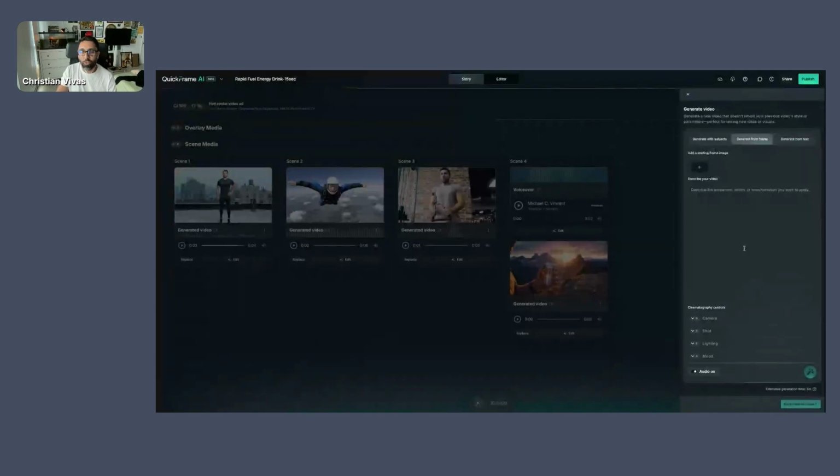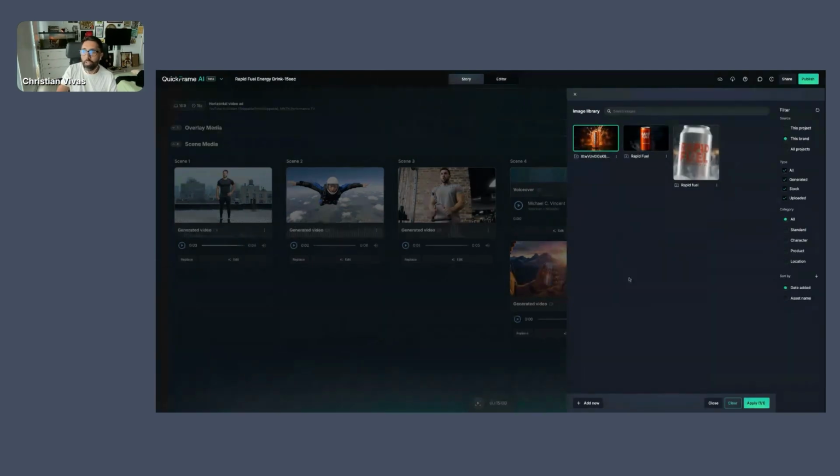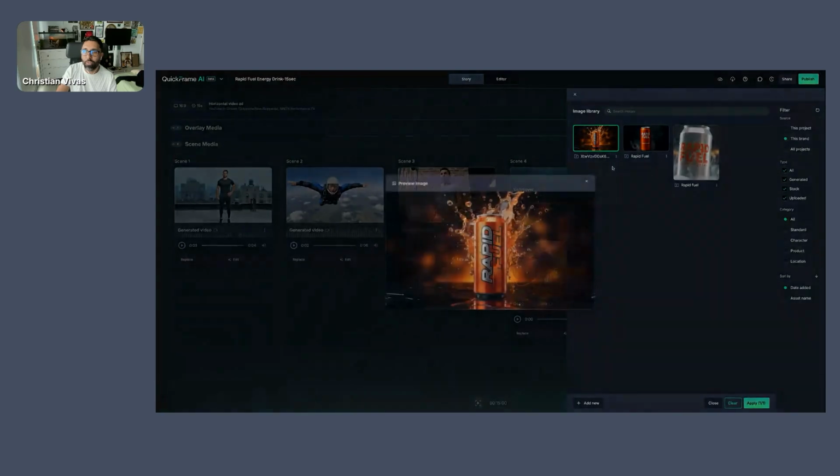The next thing is being able to generate from a frame. And this is amazing if you already have beautiful creative, and if the brands or the companies that you're working with already have beautiful creative, you'll be able to use this as the first frame to be animated, right? So you would be able to take an image that already exists and say, hey, image generation model, animate this picture for me to do X or to do Y. And then you can just automatically come here into our image library, select an image, and preview the image.